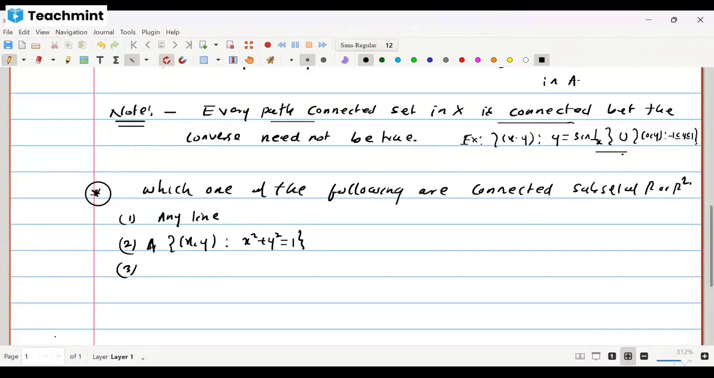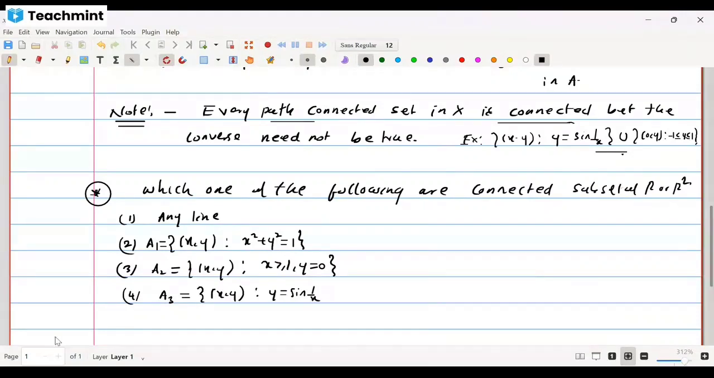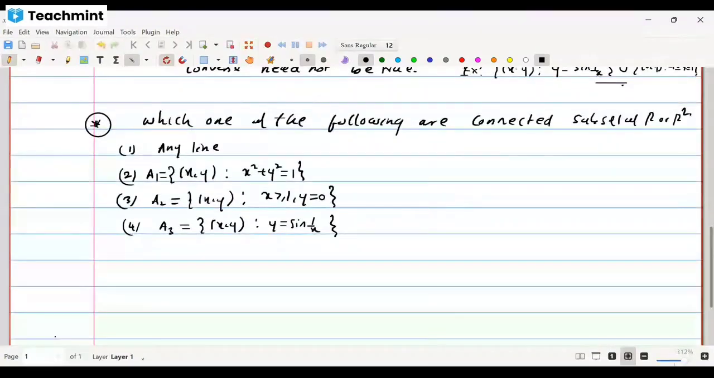A2, where A2 is equal to the set of (x, y) such that x is greater than or equal to 1 and y is 0. And number 4, A3 equal to the set of (x, y) such that y is equal to sine 1 by x. And number 5,